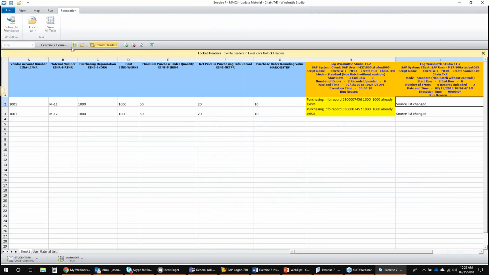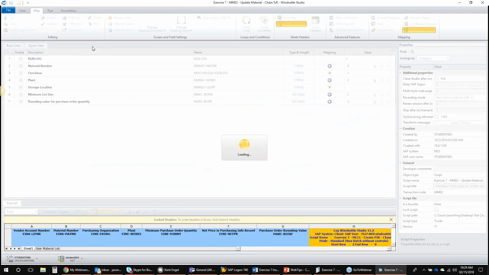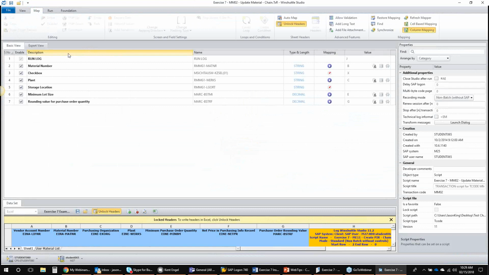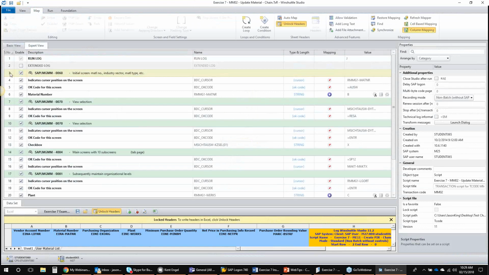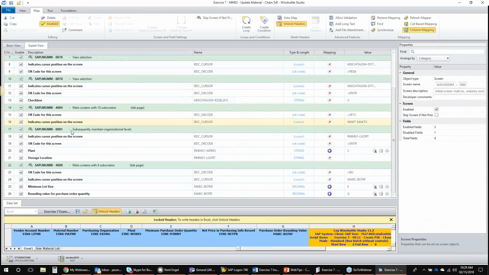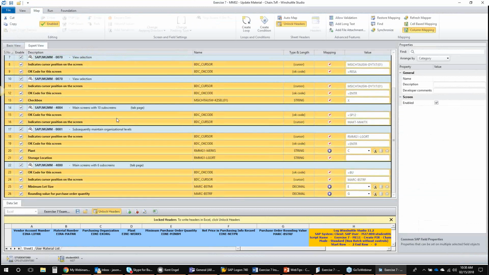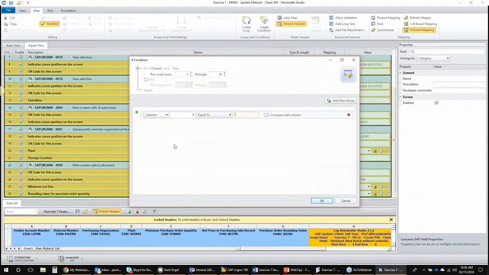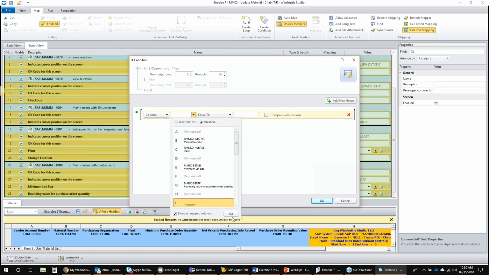And I'm going to do the same thing. I'm going to go to the Map tab. I am going to select the Expert View. And again, the first row underneath my log fields, I'm going to select that, hold down the Shift key, and go to my very last row so that I get everything. And again, I'm going to choose Create If Condition. Now, in this case, this is my last script, so I want this to be based off of the second script in the chain. So that's going to be column I. That's the log column for my ME01 script. So column I, I'll choose that and go,